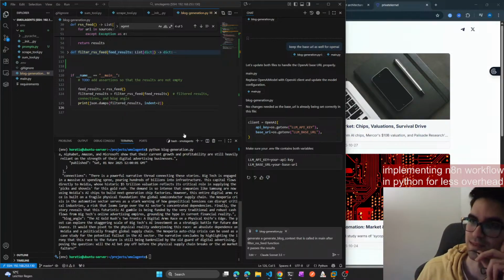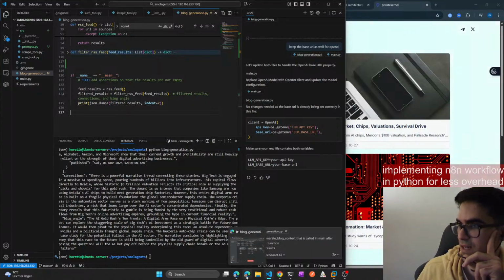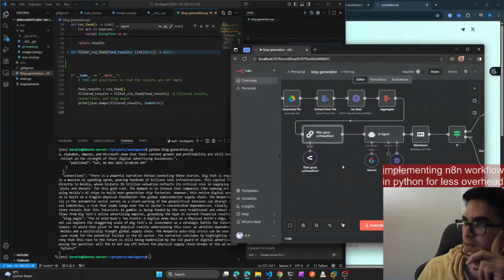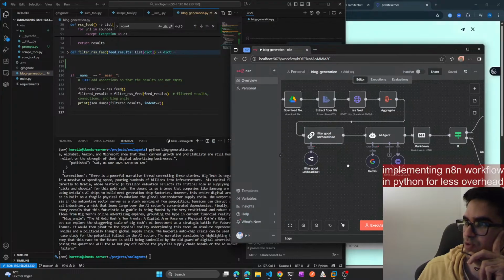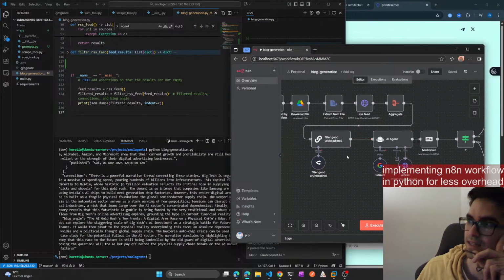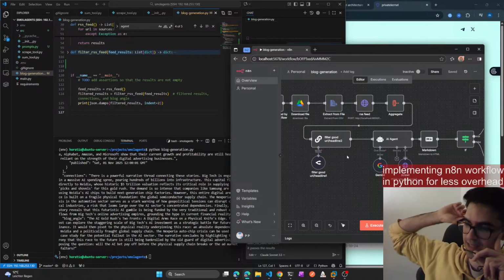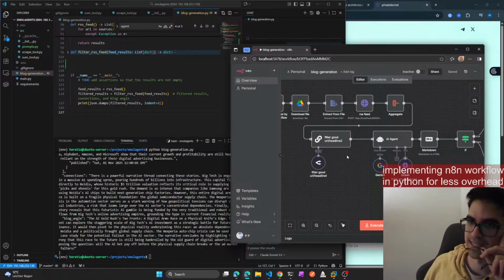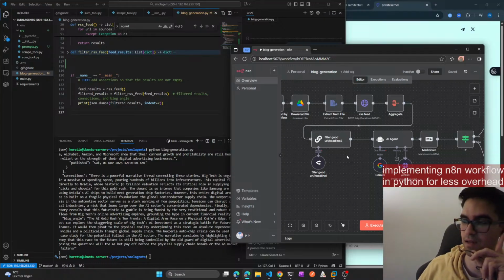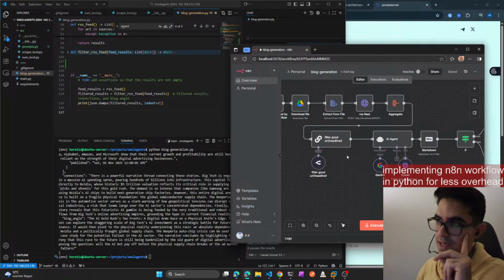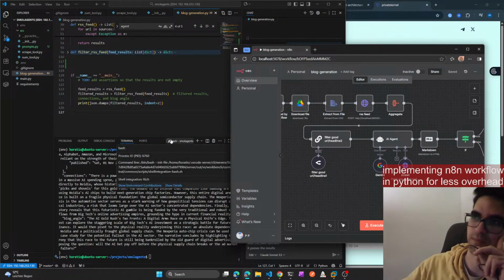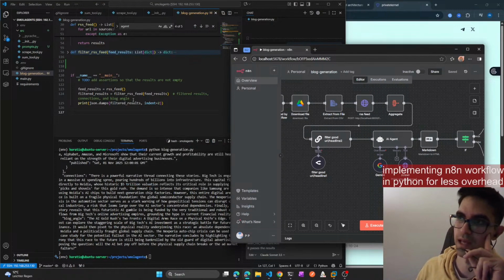And you mean the code that I'm writing? Yeah, so basically I have this pipeline on n8n for generating blogs. And then, as I said, it's really not that scalable. What I mean by scalable is, for example, if you want to run multiple workflows at once. And then I'm basically re-implementing the whole workflow in Python now.